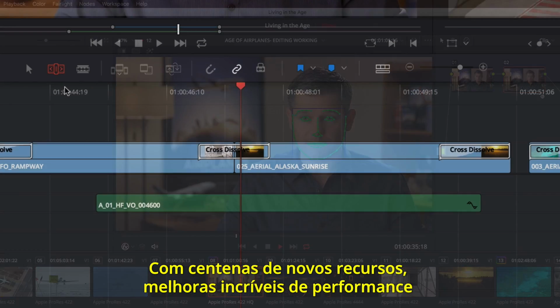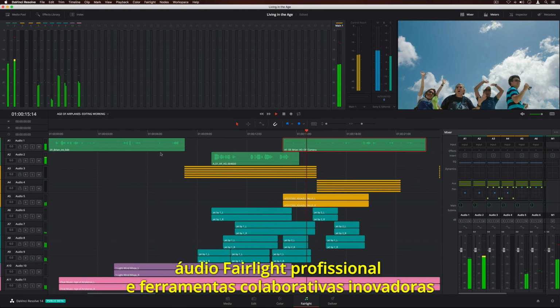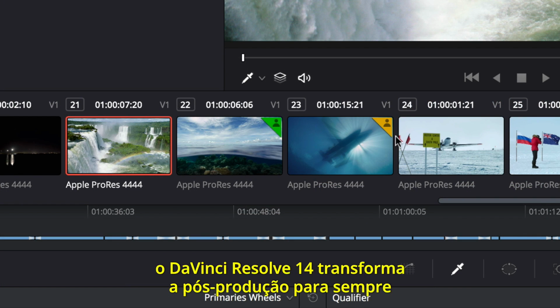With hundreds of new features, incredible performance improvements, professional Fairlight audio, and revolutionary new collaborative tools, DaVinci Resolve